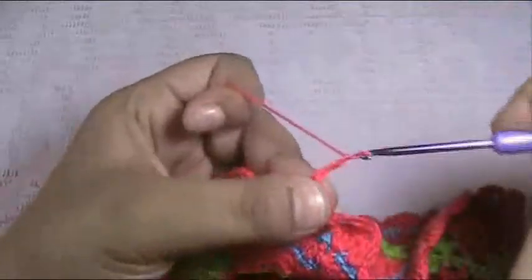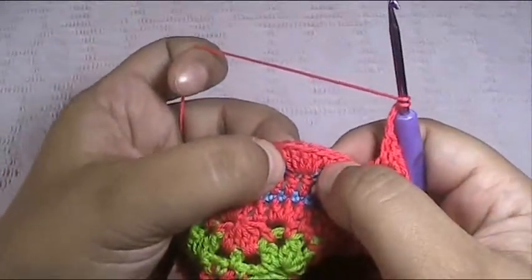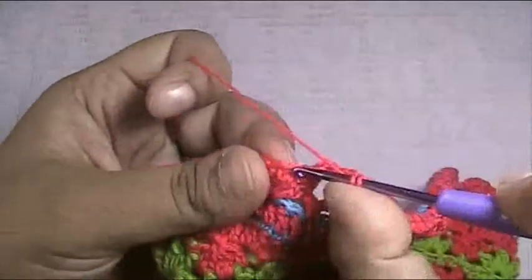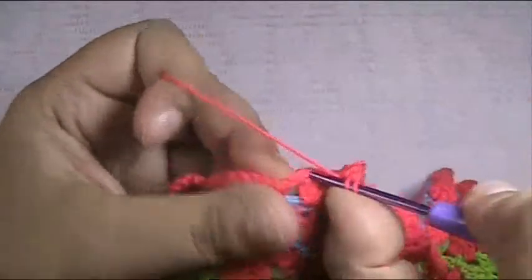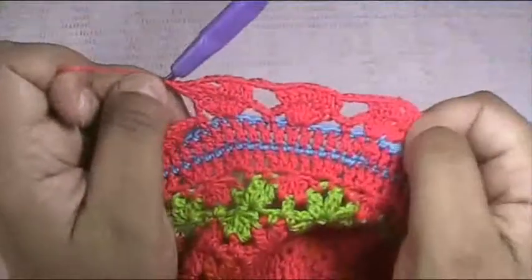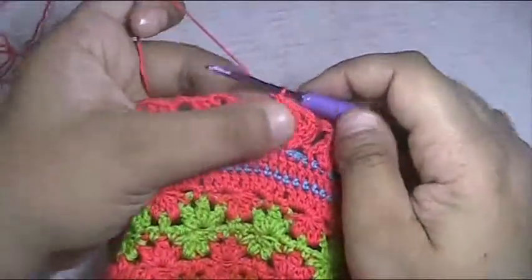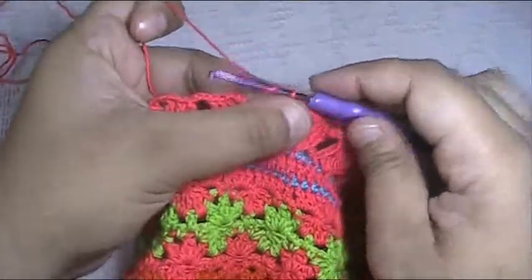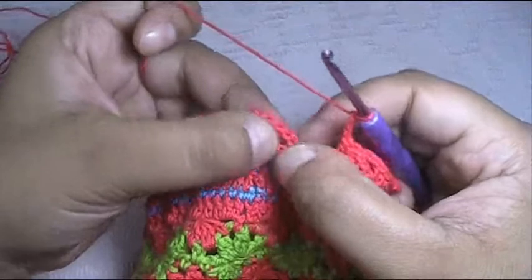Chain 3, 1, 2, 3, yarn over, and here is the 3rd group of these 5 double crochets. Go to the first one and make a double crochet, and into the next, and into the 3rd one make 1 double crochet, chain 2, and another double crochet, into the 4th one a double crochet, and into the 5th one like this. Then chain 3 and keep working with the same way till the end of the row. I reached the end of this row, and now I'm going to make the last 3 chains, 1, 2, 3, then slip stitch into the 3rd chain from the beginning chains,